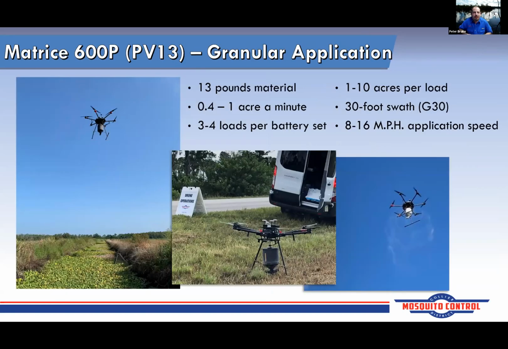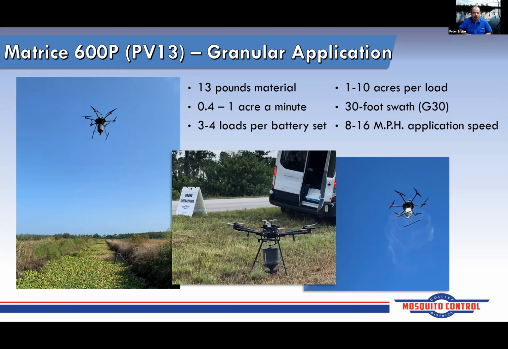And with the same aircraft, I can transfer the granular application kits in about 5 minutes. This also dispenses about 13 pounds of material, which is the max capacity of the Matrice 600. We have an application rate of 8 pounds per acre, so we're often reloading after 1.5 acres. This drone is best suited for liquid and granular applications in urban environments where the aircraft would present a safety risk or noise complaints, but we can also use the drone for adulticide roles where the area would be too small to complete by manned aircraft, and it is then uploaded into Field Seeker